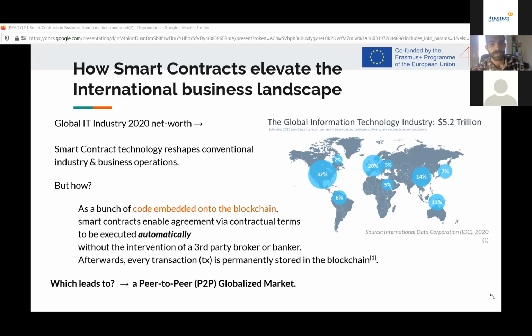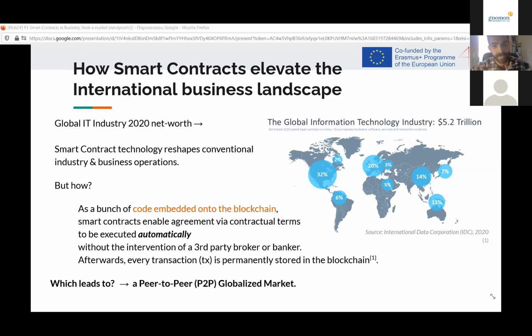A new tool that has been given in the last decade is blockchain technology. And I think that its most famous asset, smart contracts, came to reshape conventional industry and business operations as we knew them. So how will smart contracts elevate the business landscape? As Dimitris said yesterday, and of course Iraklis completed the whole aspect of what and use cases like privacy or security, smart contracts as a bunch of code lines deployed onto the blockchain have the ability to enable agreements via contractual terms to be